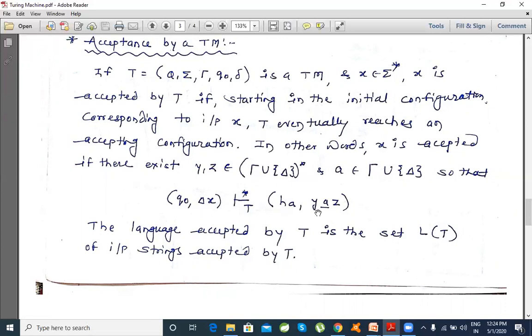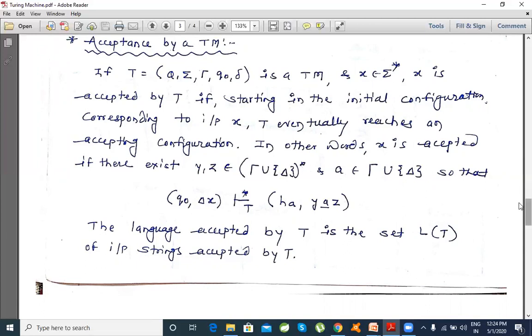And if you think about what Y, A and Z would be, Y and Z can be a valid tape symbol, from the tape alphabet combination. Either it can be a valid tape alphabet symbol, or it can be a valid null symbol, or blank symbol. And single A is a single symbol. So Y and Z are strings, and A is a single alphabet symbol. It is not represented by star.